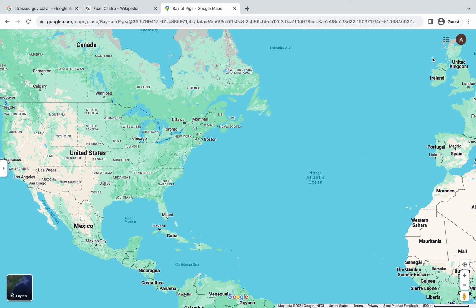The Soviets' plan is to carry these on boats all the way through the Atlantic Ocean here, and then we'll bring them down here to Cuba. This is all done in secret, of course. No one's announcing this. But eventually, John F. Kennedy, the President of the United States, gets word of this. And he does not appreciate it at all.